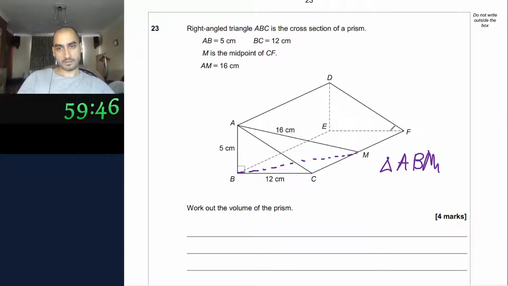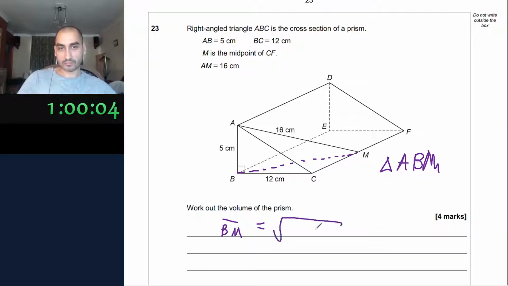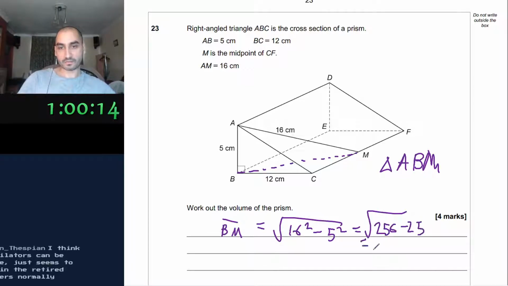ABM is a right angle triangle, as well as ABC. So we can find BM. So BM equals the square root of 16 squared minus 5 squared equals root 256 minus 25 equals root